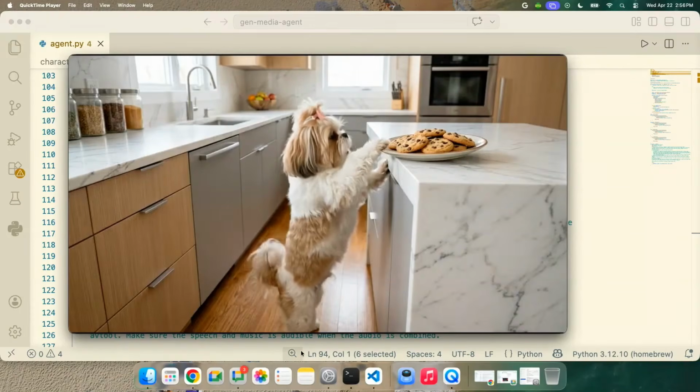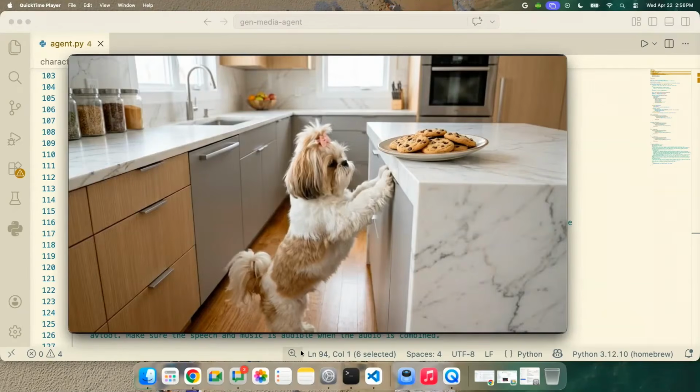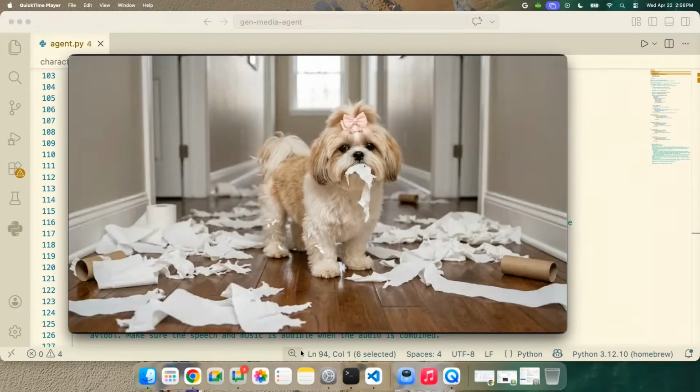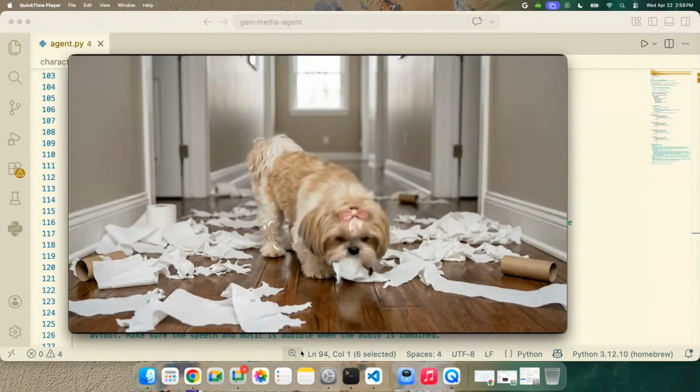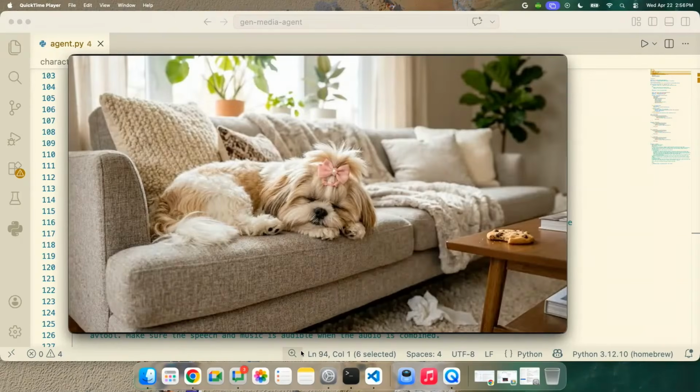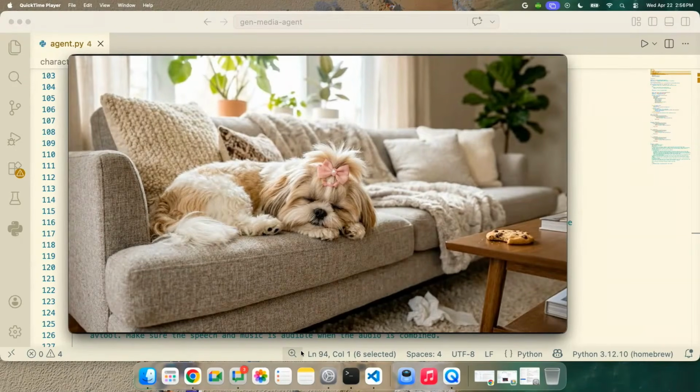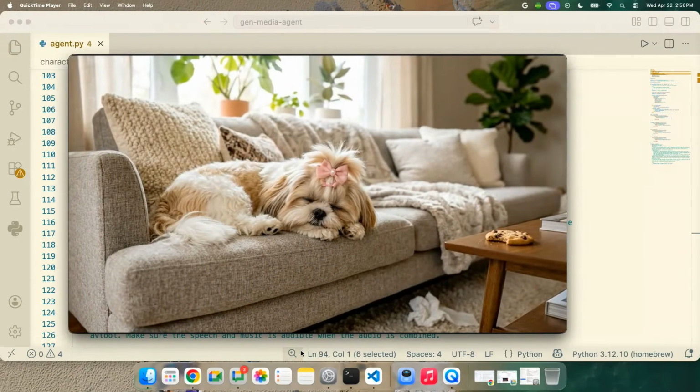Lulu the Shih Tzu was home alone, and the trouble began in the kitchen with some cookies. Then she turned the hallway into a toilet paper winter wonderland. When her humans returned, they found a perfectly